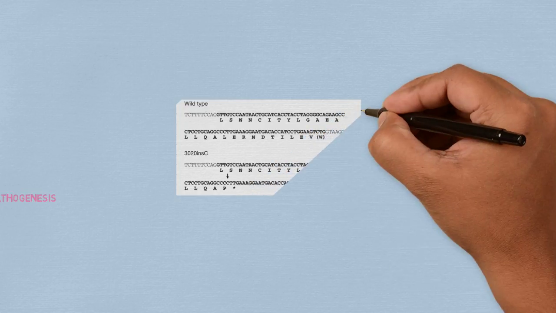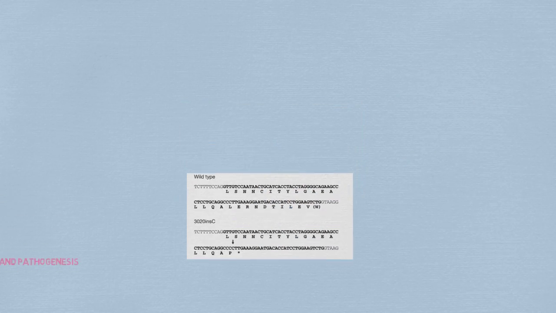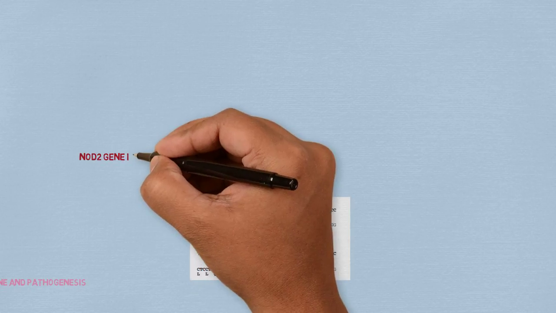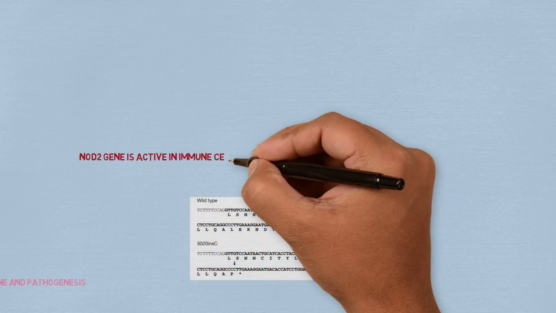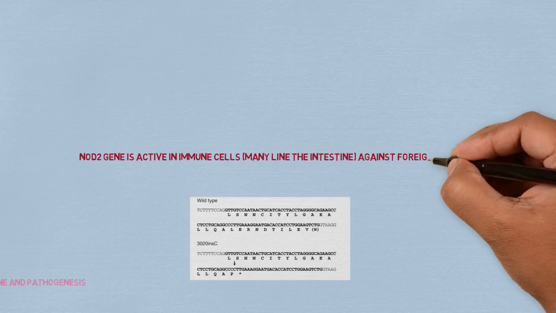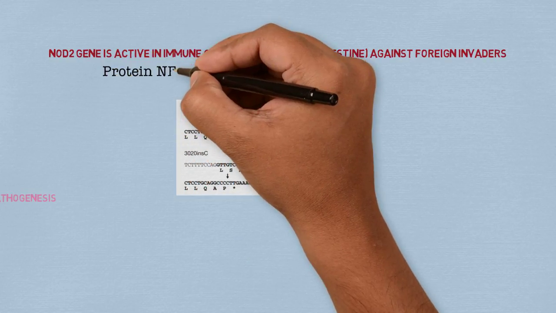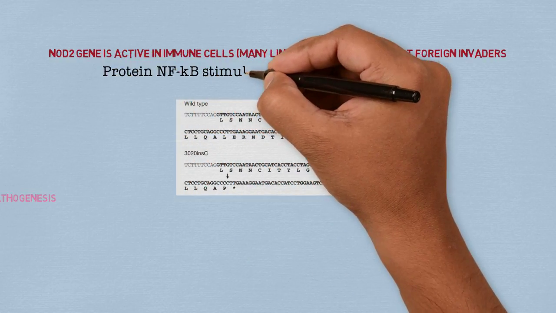This insertion leads to a premature stop codon, and this truncation is thought to lead to a dysfunctional leucine-rich repeat domain. NOD2 is a member of a gene family which is active in immune cells that line the intestine and protect the body against foreign invaders through activation of the protein nuclear factor kappa B, which has a role in